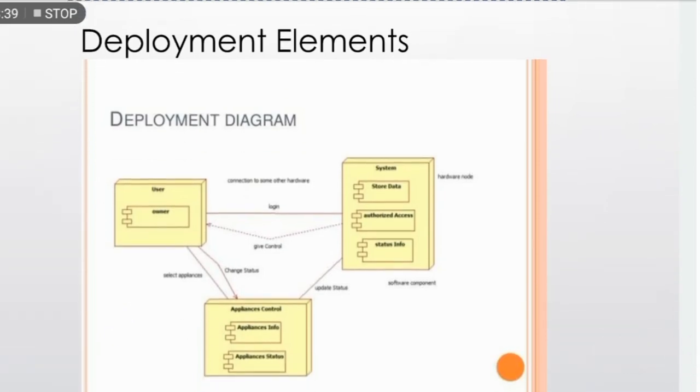Now if we take the example of a student and a teacher, the student will ask the teacher, may I come into the classroom? If the teacher authorizes, the student can attend the lecture, write the notes, or record the lecture. This is the whole process of the student, and the teacher is teaching the student. If the student only comes for the attendance, then the student can say that my attendance is not done. So the teacher can give the attendance, and it will update in your attendance sheet. So this is the overall deployment diagram of your object oriented classes.